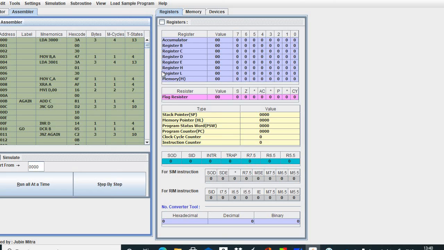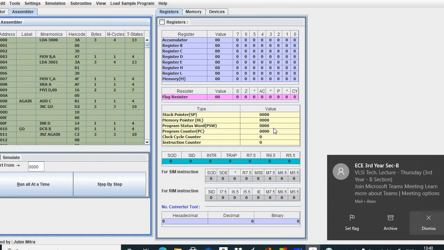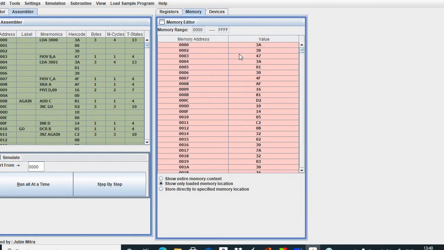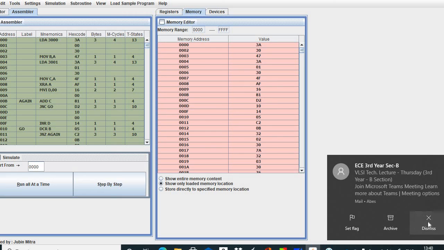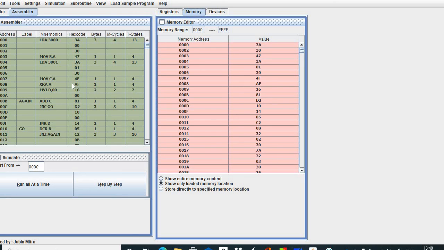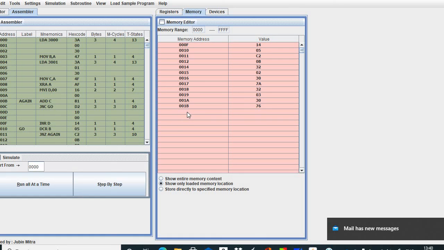These are the registers where values will be stored. Now in the initial case, the program counter and stack pointer are all at the initial value 0. Okay, these are the memory locations where the code will be stored. The hexadecimal code of the program will be stored, and in this location we can write the input.